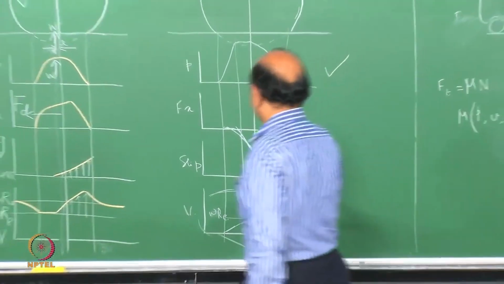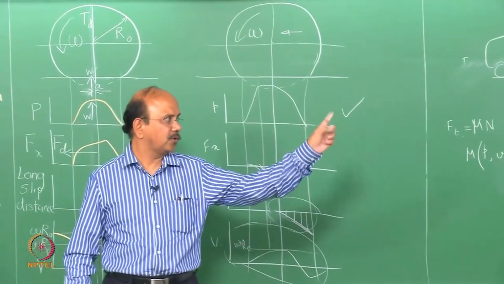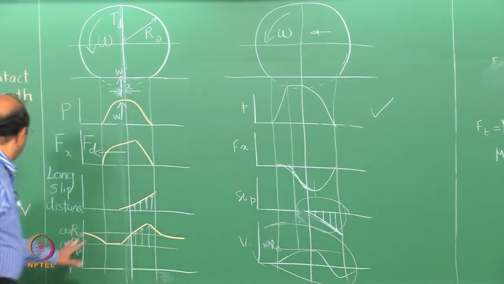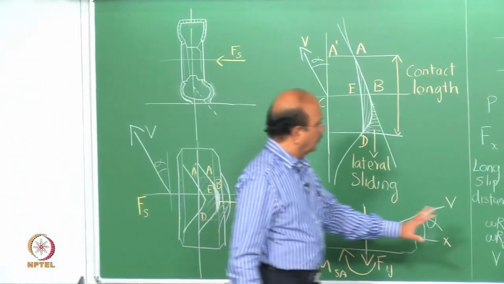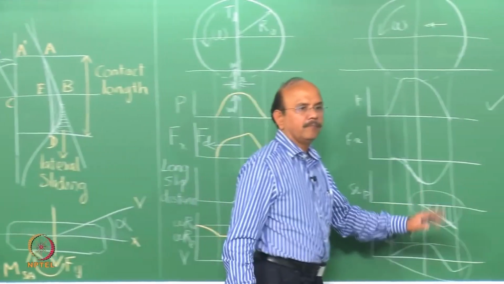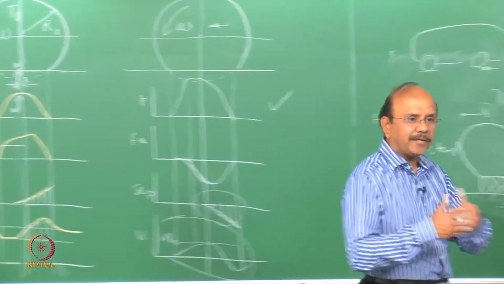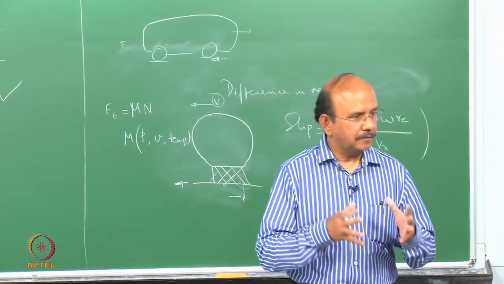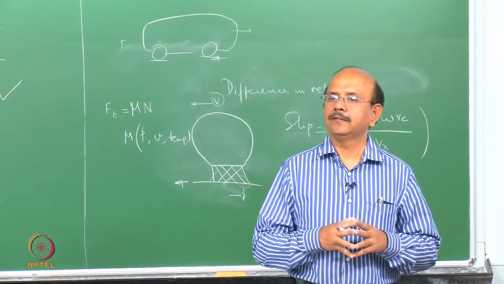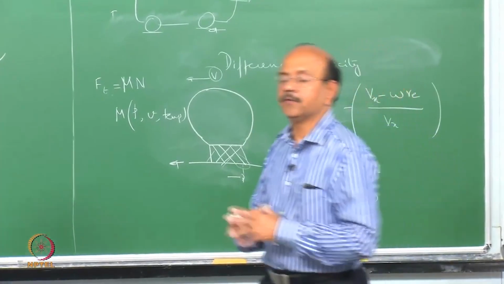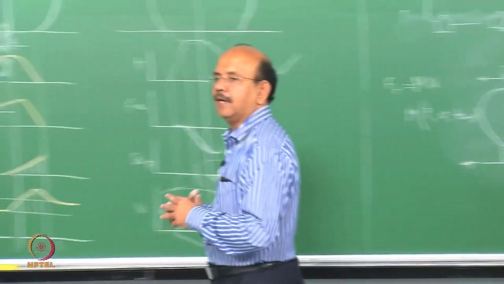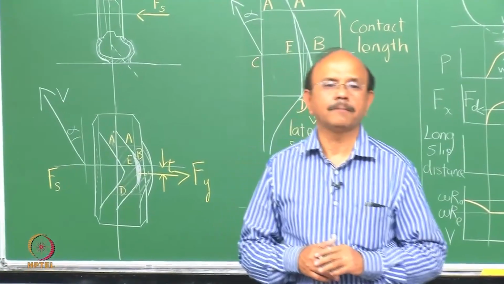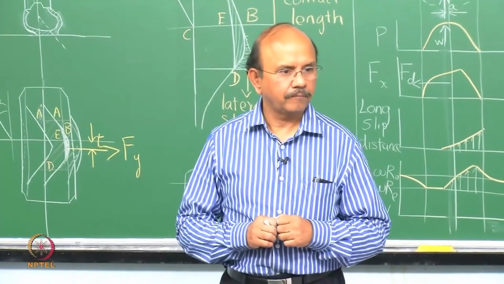because whatever it be, this is the reverse direction, so don't look at the right hand side, look at the left. You would see that whatever be the condition, it's that micro slip that gives the energy for wear, and that's responsible for wear. That's why it's very important to understand this race and